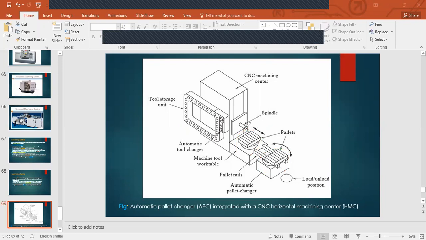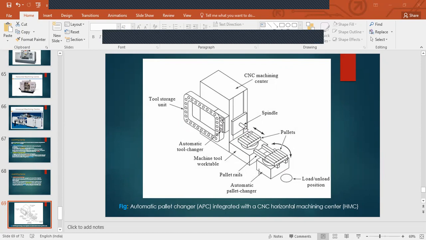Once the part is fed with the pallet, okay, the machine starts processing it, okay. So this pallet is free, right? That you can keep another part here which is going to be processed next. You can keep it here, right? That's what is meant, safe location. You can keep the part in a safe location on this pallet.